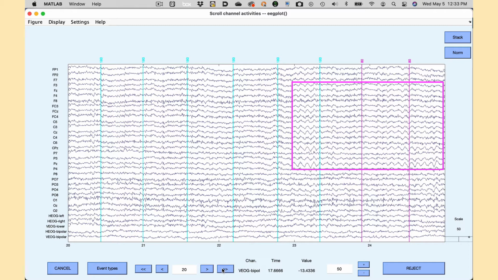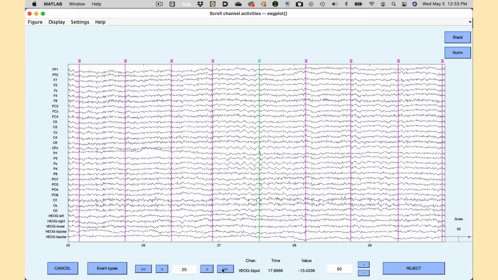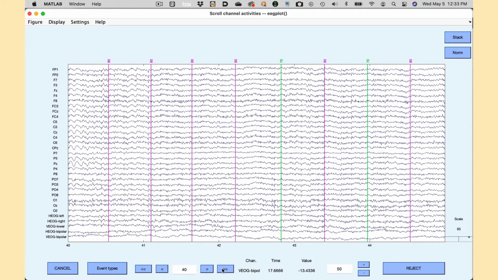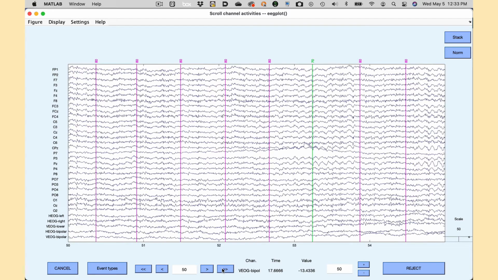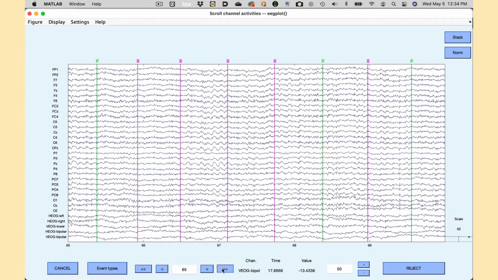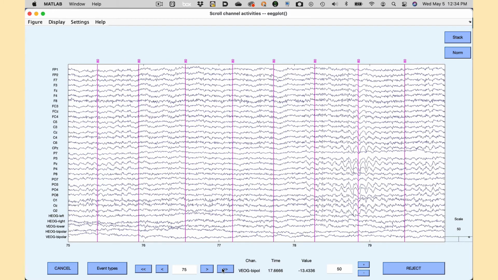Ordinarily, it would be more posterior, larger at the occipital channels than at the frontal channels. But every brain is different, and this participant's alpha is more centroparietal. If we keep scrolling, all we see is beautiful EEG. There isn't much drift, and I'm not seeing any blinks or eye movements. If only all subjects were like this. But let's not get too excited. Things sometimes go downhill as the recording progresses.